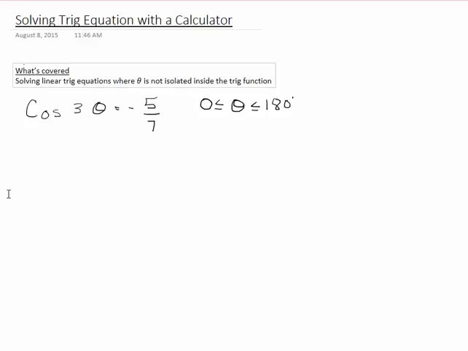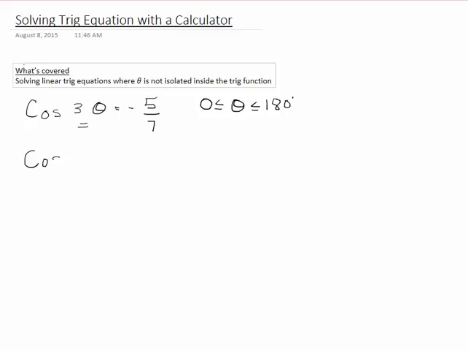Today's lesson is going to be a short video because it's the process that we used yesterday that we're using today. Everything's identical to our last video of solving trig equations. The only thing is today you can use a calculator. So when I see this example here and I see that I have 3 theta, I want to keep in